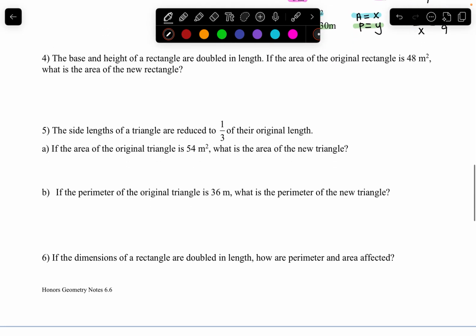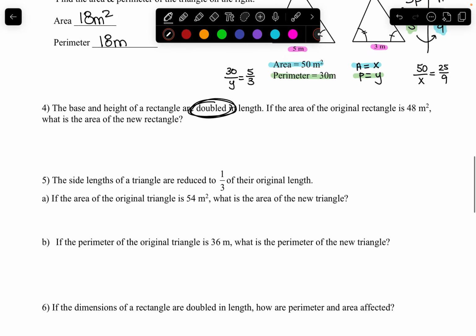All right, moving on. The base and the height of a rectangle are doubled in length. If the area of the original rectangle is 48 meters squared, what is the area of the new rectangle? So this one did not tell me that my figures were similar, but anytime that you change dimensions equally, so because I'm changing the base and the height by a factor of 2, I know that my shapes will be similar, okay? So because my base and my height or my sides have doubled in length, I'm going to set up my SPA chart